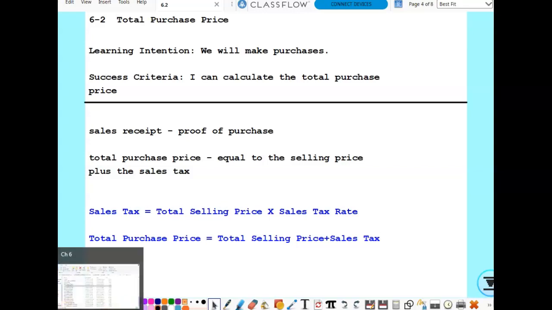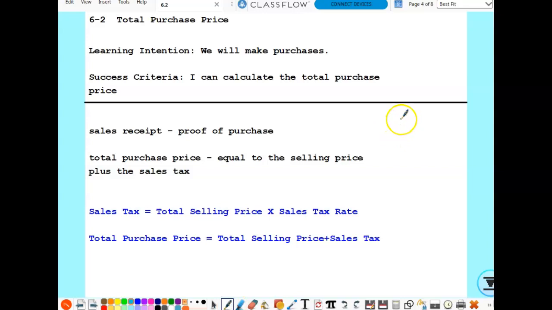Section 6.2 is calculating the total purchase price. In the last section, we learned how to calculate sales tax, using the subtotal to calculate the sales tax. Today, we're going to calculate the total purchase price, which is taking the total selling price and then adding in the sales tax. In the previous lesson, we talked about how you have a subtotal,